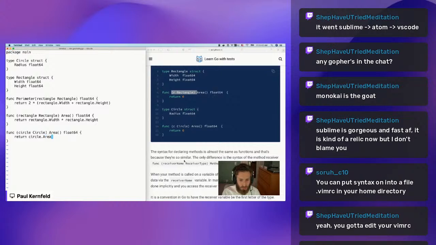So circle dot area. Well, we need to do radius times radius. And then I guess